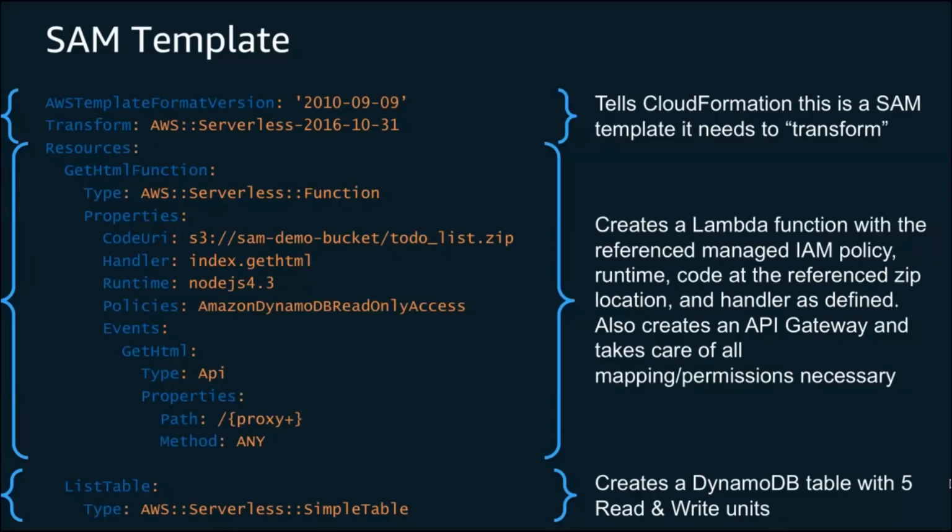What would come out of these approximately less than 20 lines of code is a Lambda function, an API gateway, configured to work together with a policy that will allow this Lambda function to access DynamoDB tables, and then down below we actually create a DynamoDB table. Again, instead of you having to go and click through the console or even write this in raw CloudFormation, which would be roughly 50 to 60 lines of code to put all of this together, this less than 20 lines here greatly simplifies the work that you would need to do in order to accomplish the same outcome.